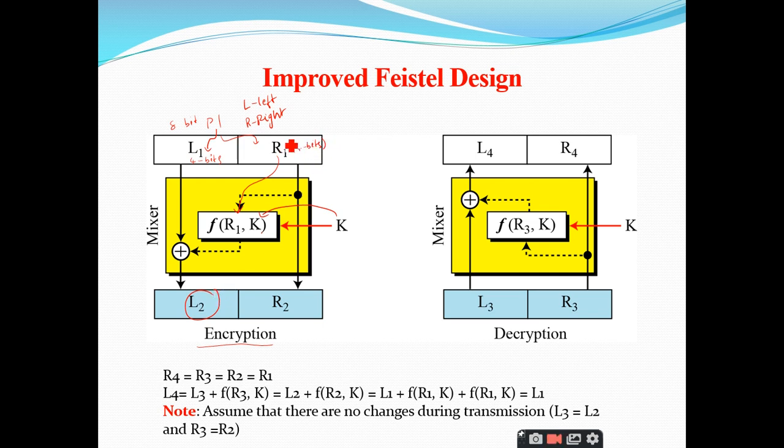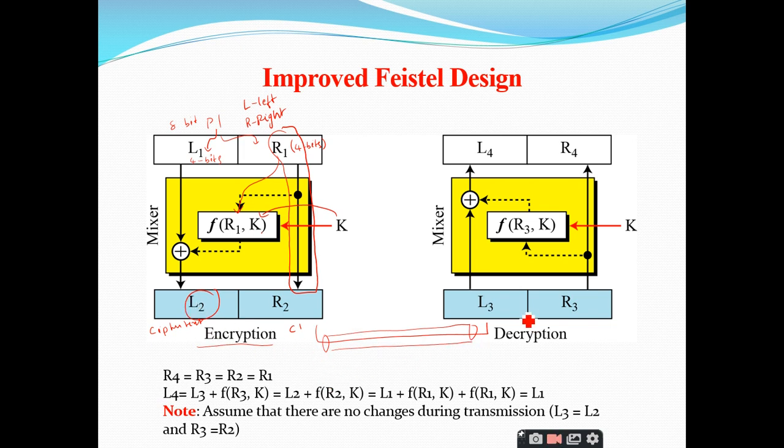If you observe this diagram, you can see that R1 is directly connected to R2. In between, he has taken these 4 bits of R1 to generate the F, that is a different case. But this R1 is directly inputted to R2. And this R1 is responsible for mixing up the left part of the plain text to generate the left part of the ciphertext. Is it the ciphertext or not? So I am representing the entire L2 and R2 as C1. And assume that these two are connected with the communication channel.